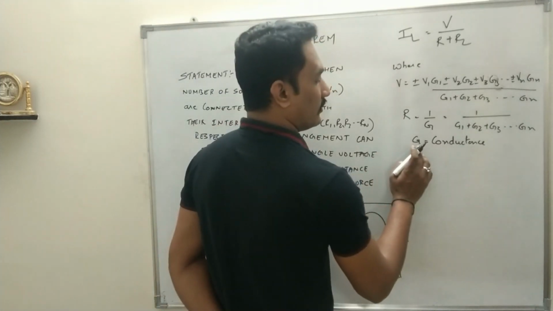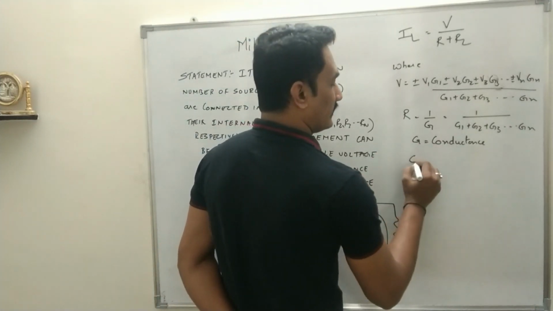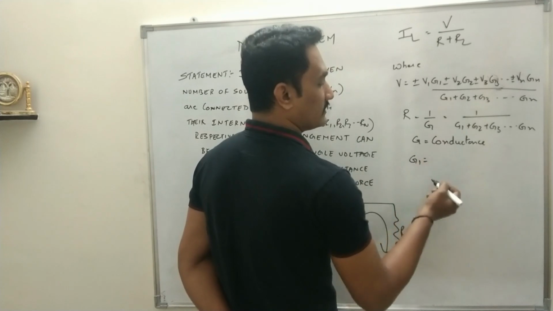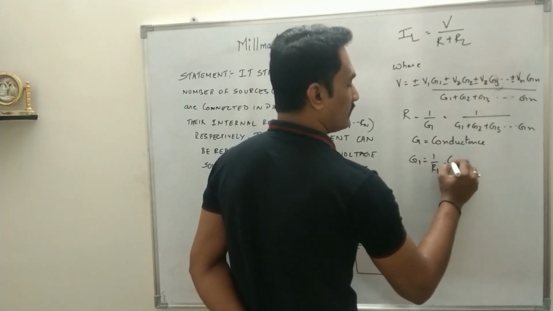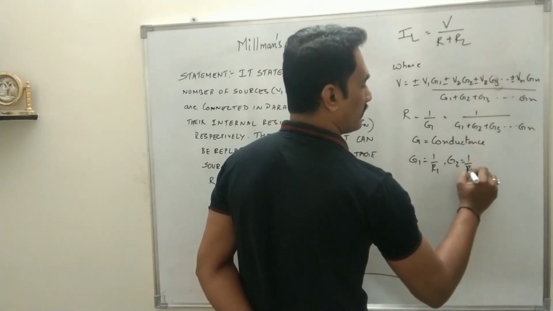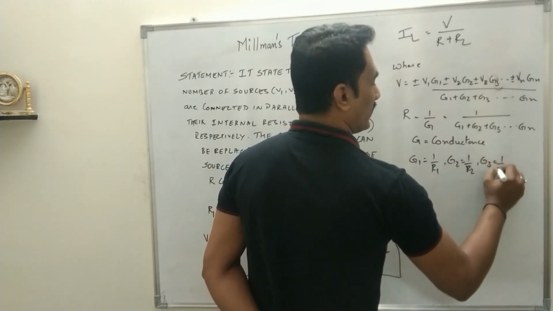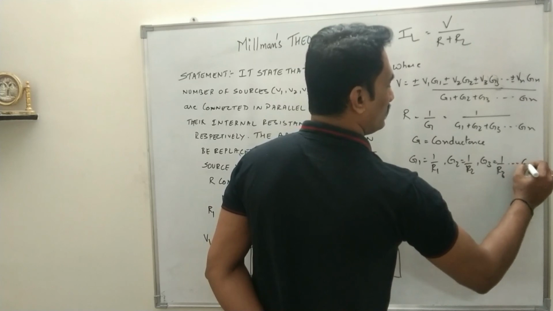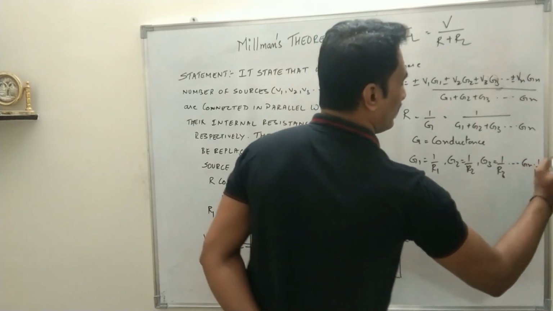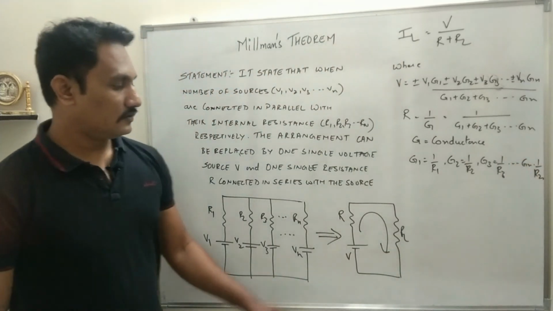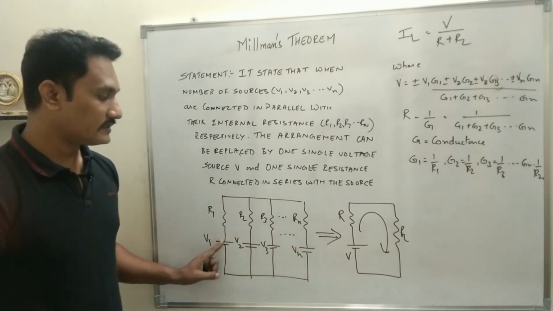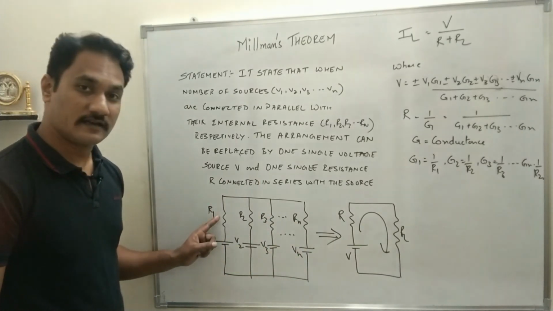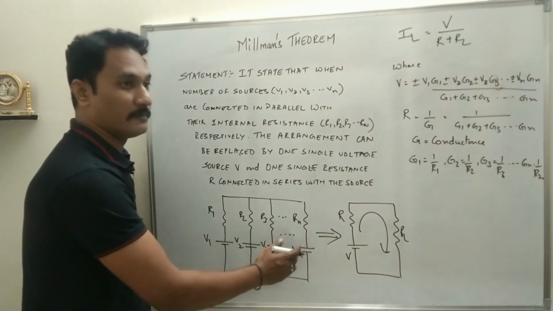So that is the value of G. And if you want to calculate G1, of course, as I said, it is the reciprocal of resistance. So G1 is 1 upon R1, G2 is 1 upon R2, G3 is 1 upon R3, up to Gn, which is 1 upon Rn. So a circuit with a number of sources with their internal resistances, if connected in parallel, can